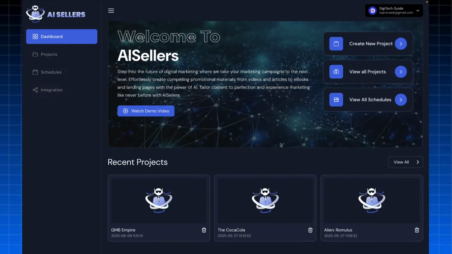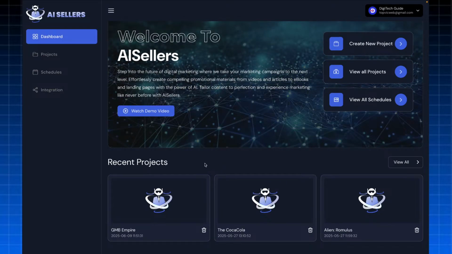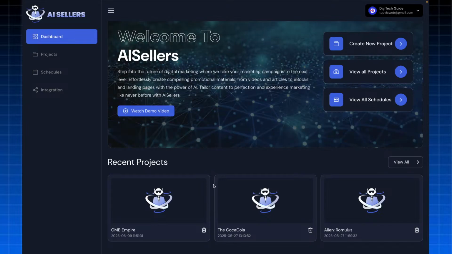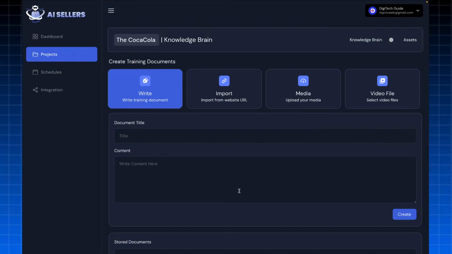From here, we can see the previous projects that we have already created. You can take a look at them to see what type of project might have been created. So here we can see that this is